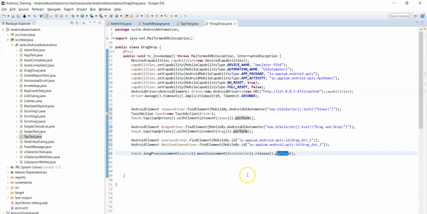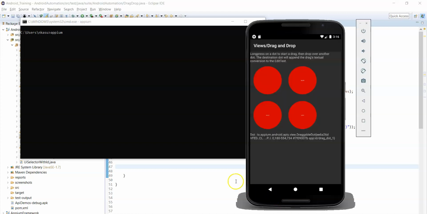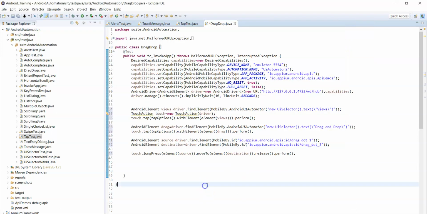Now let's run the script and see whether drag and drop is working or not. Before that we need to start the Appium server. After starting the server we can run the script. Before that, let's close the app which was already opened in the emulator.